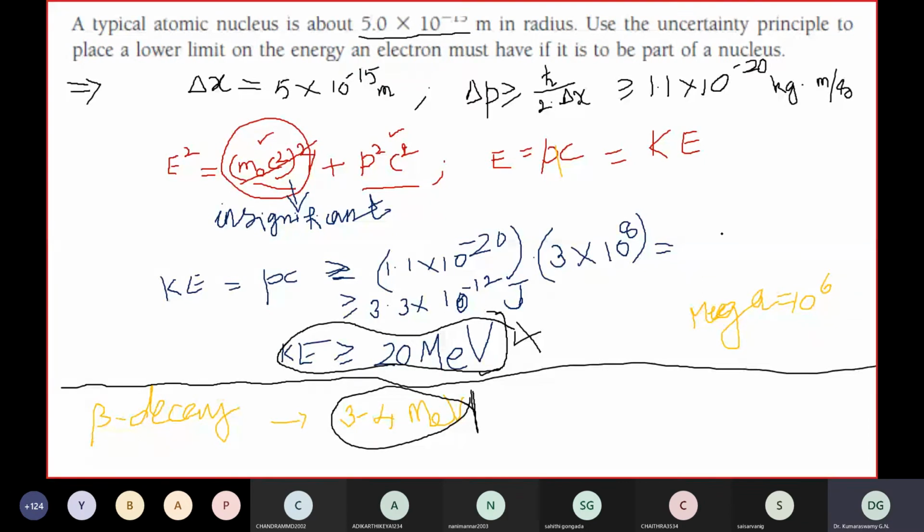See here, we evaluated delta P, right? Delta P as a momentum value. Where did you get this momentum from if it is not moving? Yes, sir. Correct. And also, when they say it is bound within the nucleus with delta x equal to 5 into 10 to the power of minus 15, that means it is moving. Then only we can apply this delta x. If it is stationary, that doesn't carry any meaning, right? It means in that region it is moving now, sir. Within that 5 into 10 to the power minus 15 region, yes.